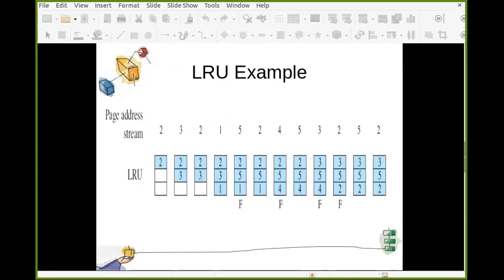And this is the same example that we traced using the LRU strategy. I hope you remember that we traced this example, and we got 4 page faults. We got 3 page faults using optimal; using LRU, we got 4 page faults. Though this is practical and possible to implement, it is going to be more difficult.